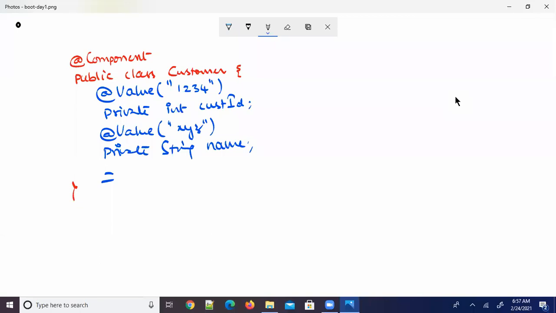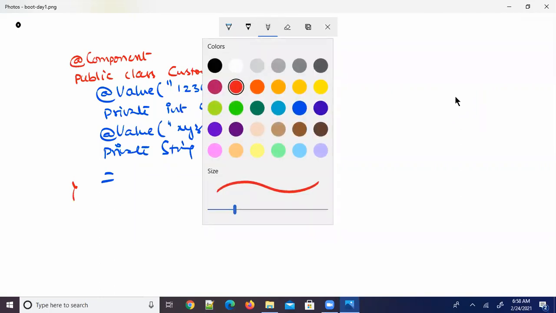In Spring, while writing applications, you can also define as part of the application a properties file. Properties file means extension .properties. In Spring Boot applications, we write application.properties. Of course, it can be any name.properties, but we can write a properties file.